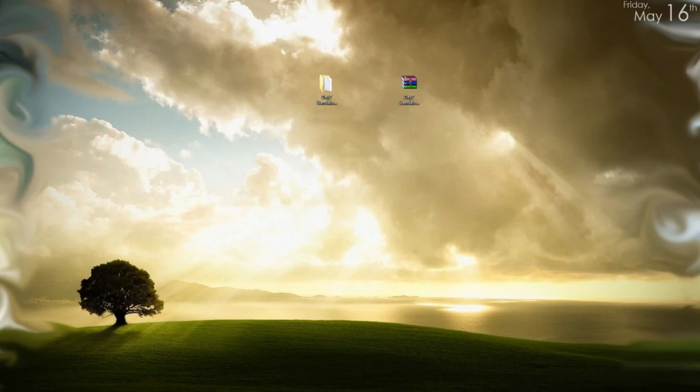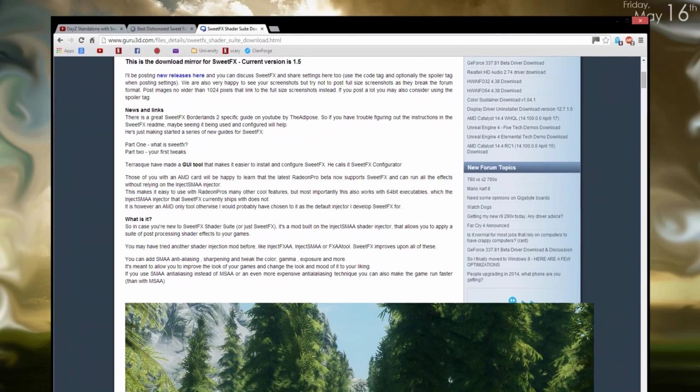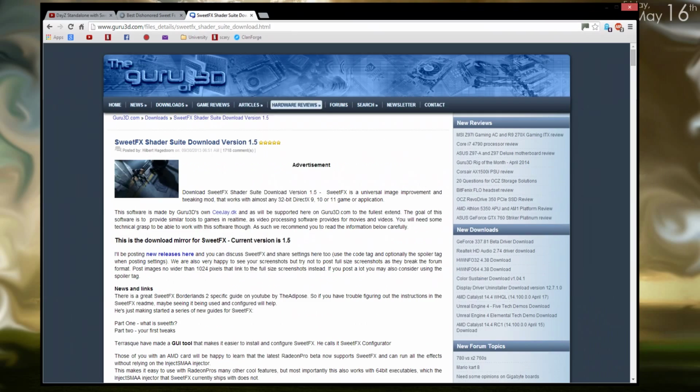Alright everyone, today I'll be showing you all how to install the DayZ Standalone SweetFX mod. First of all, I better actually explain what SweetFX is. It's simply a shader suite that allows you to essentially cause a graphics overhaul in any game that supports DirectX